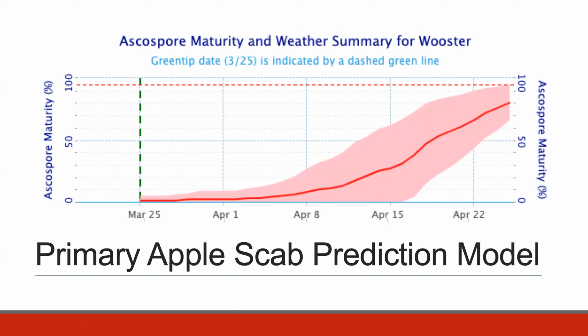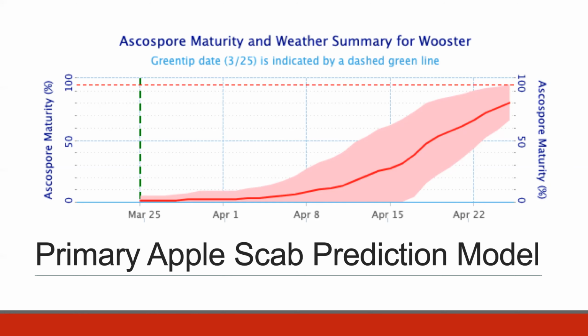Ascospores mature as spring progresses, with a few ascospores usually maturing by bud break or green tip. The proportion of ascospores maturing progresses slowly until about the tight cluster stage of blossom development. From tight cluster through bloom, the percentage of mature ascospores rapidly increases, with most ascospores matured by the end of bloom. This graph shows ascospore maturity, and the next slide will show the weather summary for Wooster in